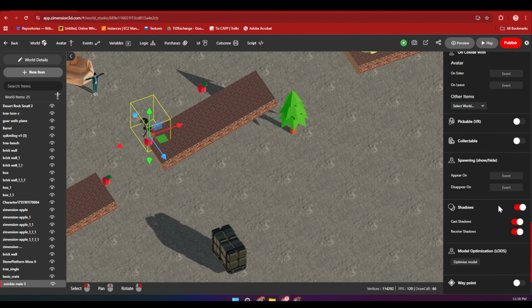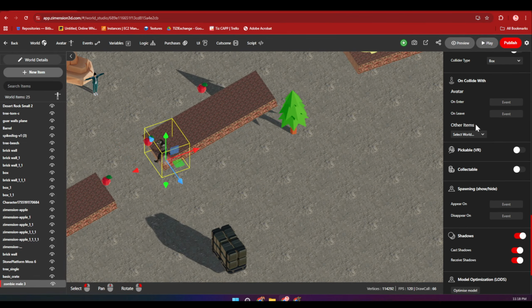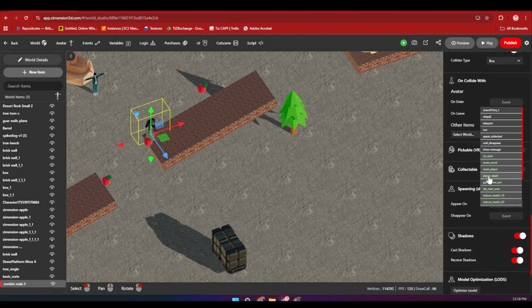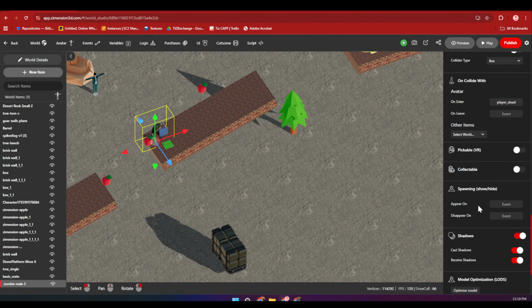So this way, if we collide with the zombie, we should die. So on collision, player dead. You can also reset the player. If you don't want those dying animations, you can just put reset player and the player will spawn. Like if you are making a platformer, you don't want that dying animation to play if the character falls on the ground. So you can always make a giant collision box, the collider box at the bottom, and you can reset the player. So first I'll make this player dead. Okay,